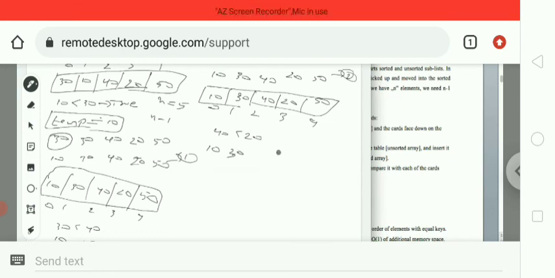So 30, 40, 40, 50, and the value 20 will be stored in temp. After that the value stored in temp will be copied here: 30, 20, 40 and 50. After that the remaining elements 30 and 10 are also there to the left.